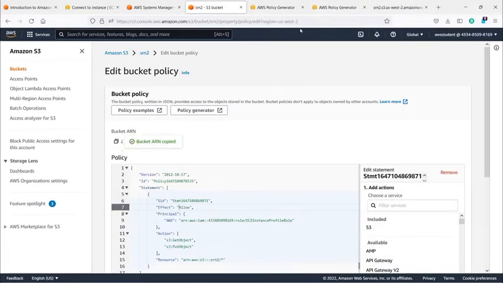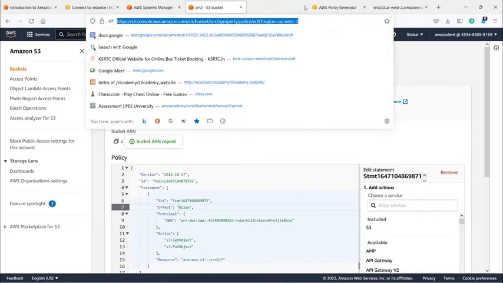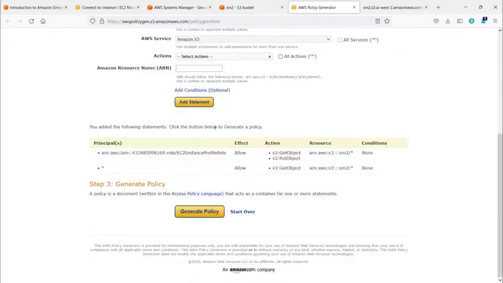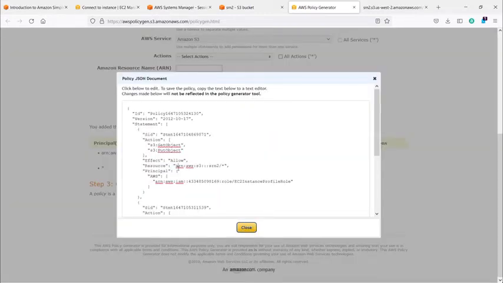So here the ARN will be copied and pasted over here. Make sure you apply this front slash star and add statement. You will find two statements. One is the get object, put object for the EC2 instance profile, and the second is get object for everyone, that is publicly available. Now we can generate policy,